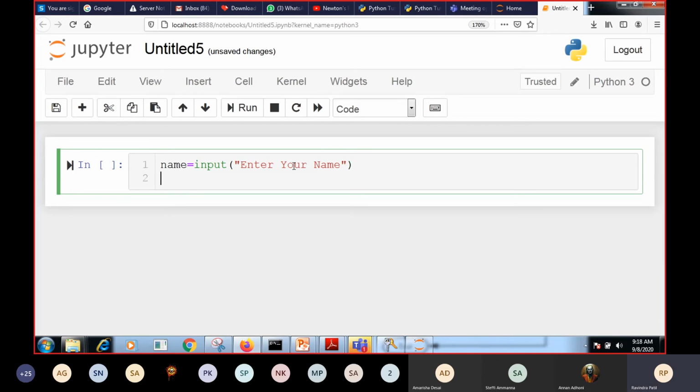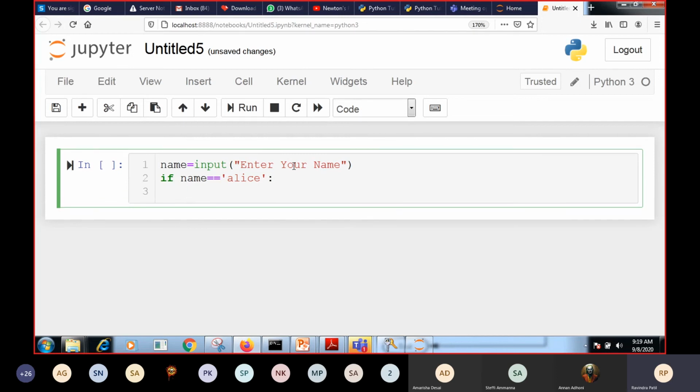That will be the content of name. After that, if, as the syntax says, if followed by space followed by name, we are just comparing it with Alice. The syntax will end with a colon. You are supposed to give a colon.